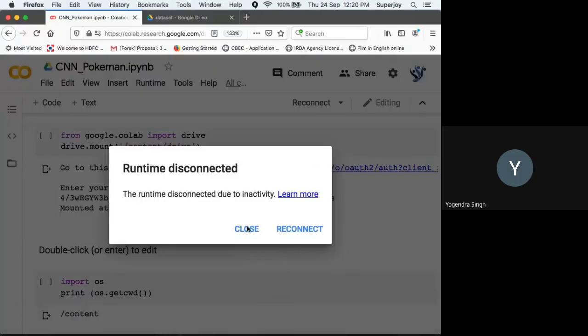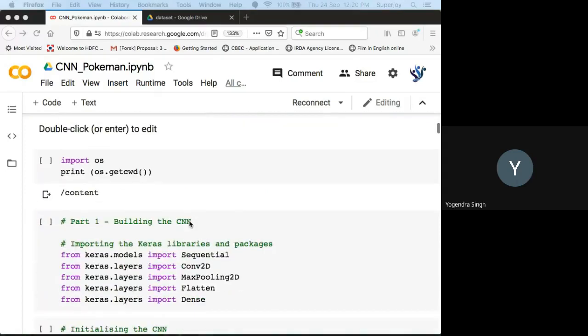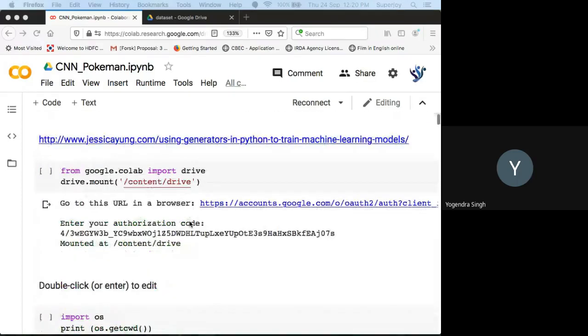So here you will see there is a Colab window that you can see. I have already opened it up, right? And when you work in Colab, everybody knows that the file extension is .ipynb, which is Interactive Python Notebooks, and here is that code. Okay, so first of all,